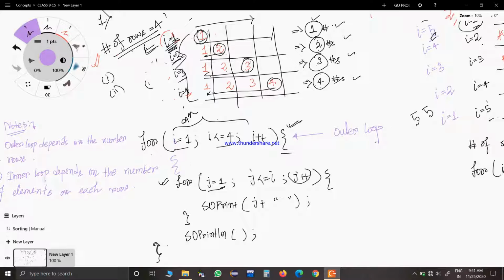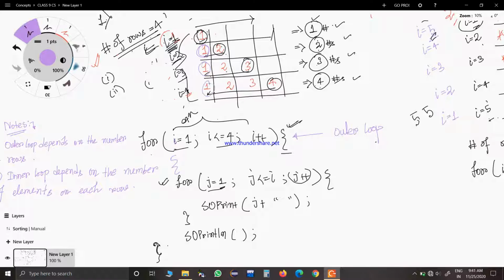So both have to be different. They cannot be the same, or they may be, depending on the question, but most of the time they are not the same. So j equal to 1. Why are you writing j equal to 1? Because for each row you can see that your starting value is 1.